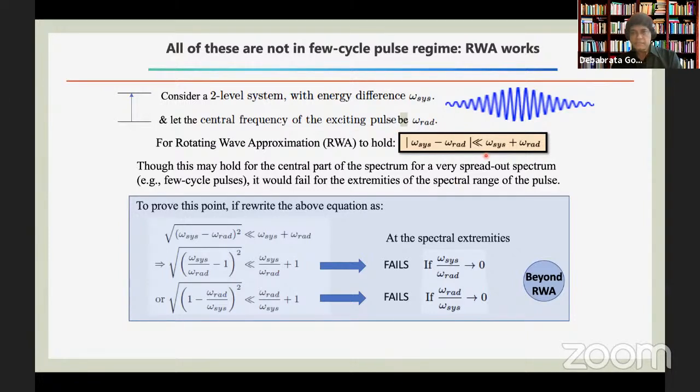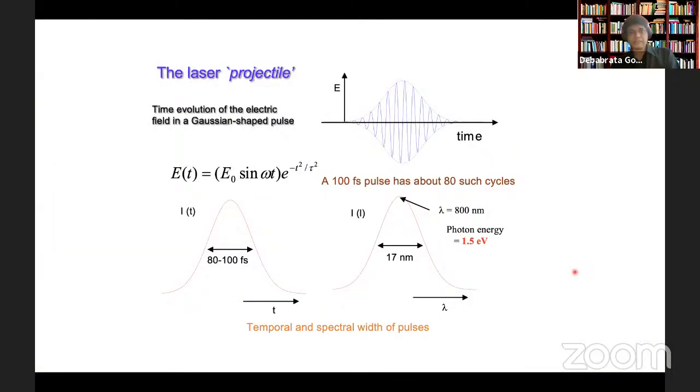But generally speaking, there is an interesting scenario which we found that even for the cases where your pulses are fairly short, and you may otherwise be in the condition of a few cycle limit, the center part of the pulse can still often satisfy the conditions which are necessary for the rotating wave approximation, but it doesn't work if you go to the edges. And those are the beyond rotating wave approximation cases. In this talk, I have avoided specifically those areas to be discussed, but that's a different kind of thing that can be looked at. But generally speaking, what we are talking about is the laser projectile, where we can safely